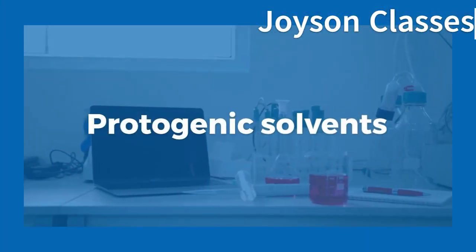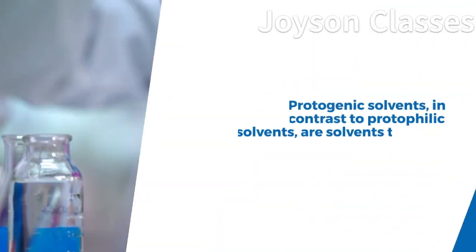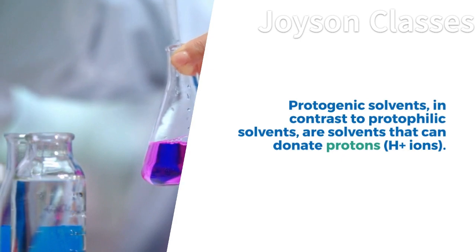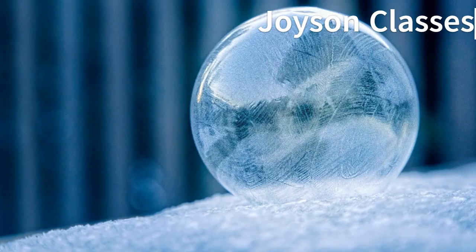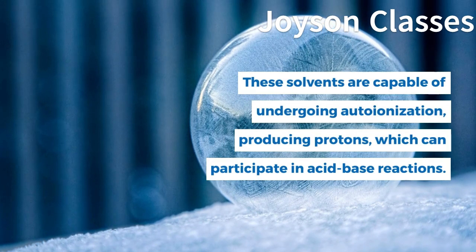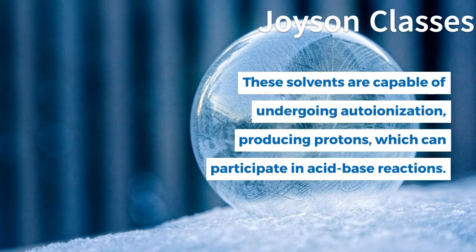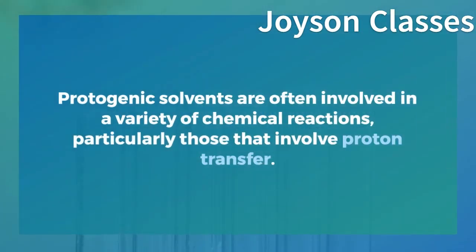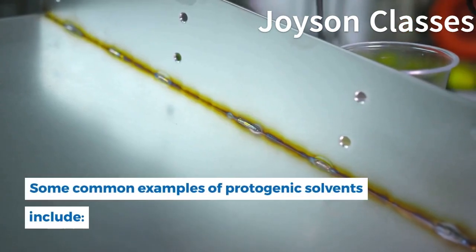Protogenic solvents. Protogenic solvents, in contrast to protophilic solvents, are solvents that can donate protons, H+ ions. These solvents are capable of undergoing autoionization, producing protons, which can participate in acid-base reactions. Protogenic solvents are often involved in a variety of chemical reactions, particularly those that involve proton transfer. Some common examples of protogenic solvents include: